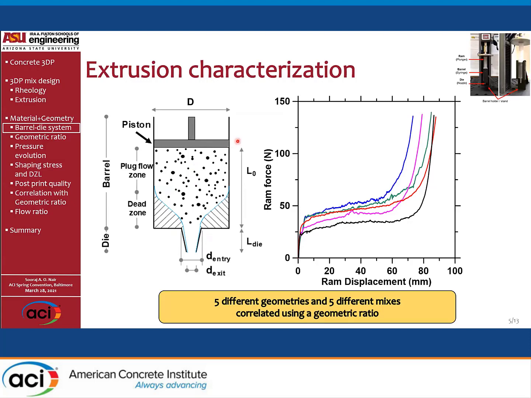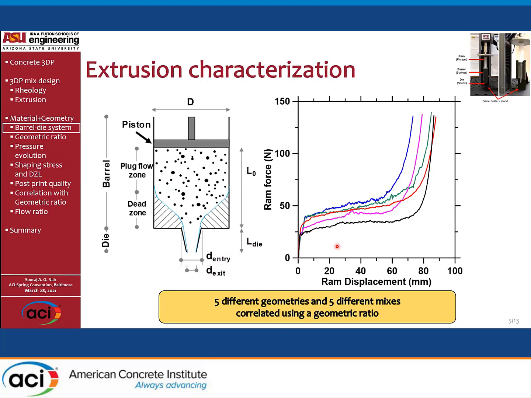Now, the changing values that we use for different types of geometries will be the die entry diameter, the die exit diameter, and the length of the die. So when we change it, basically the system is changing, and we are checking how the material responds to a changing system. So we have identified 5 different geometries depending on different combinations of these 3 parameters,